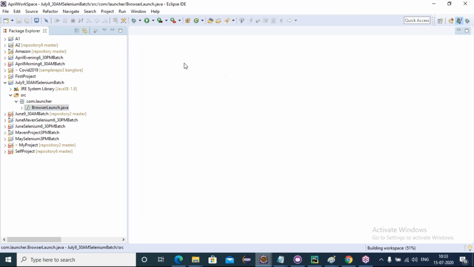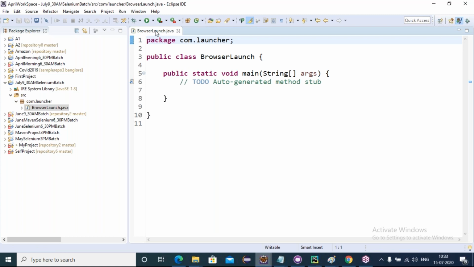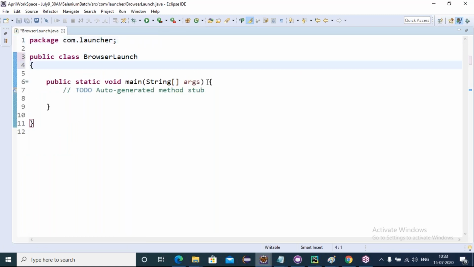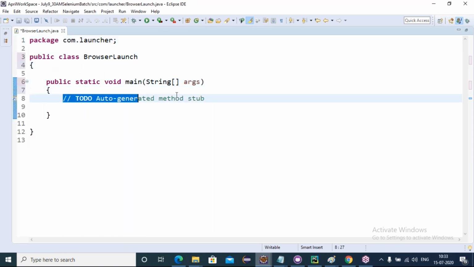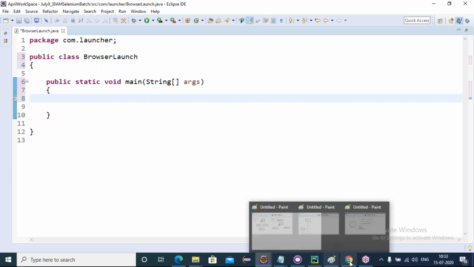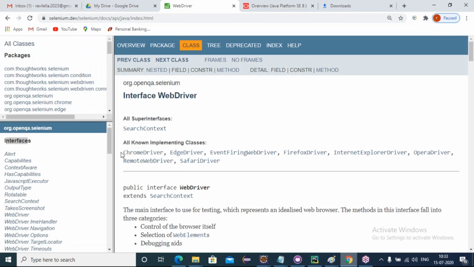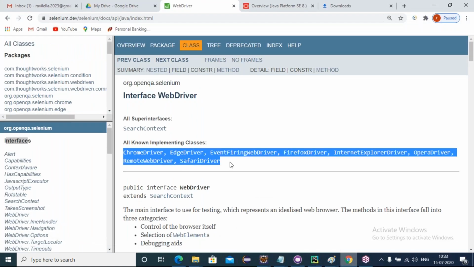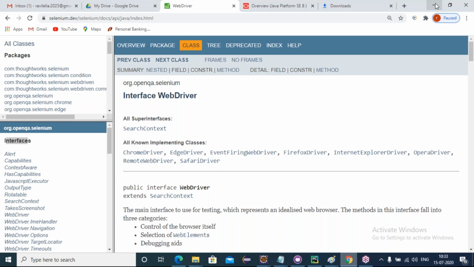Now, friends, I want to launch a Chrome browser. Tell me which implementing class I must use to create the object to launch Chrome. Chrome driver class. Come on, friends.